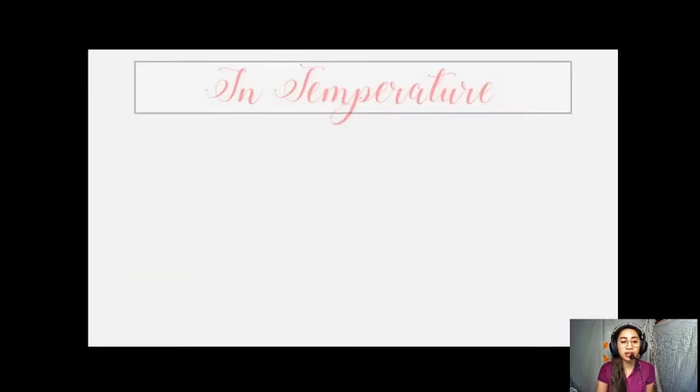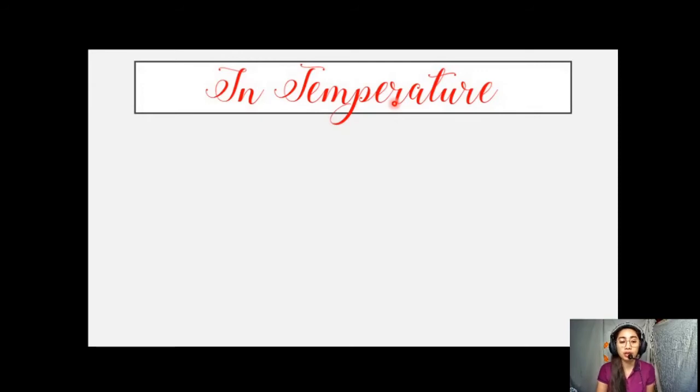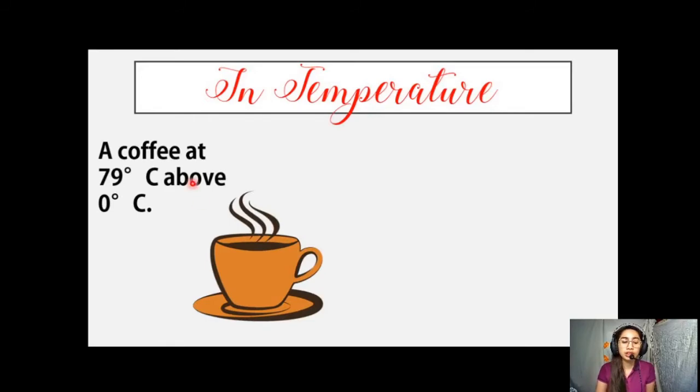Next example that we have is in temperature. Ito yung pinakagamit na gamit sa integers, yung in temperature. So, first picture that we have is the coffee at 79 degrees Celsius above 0 degrees Celsius. So, from the word above, ibig sabihin ba niyan negative? Ibig sabihin ba niyan positive? Okay. So, that is a positive number. So, dahil positive number yan, ang above, we were going to denote or represent the situation as positive 79